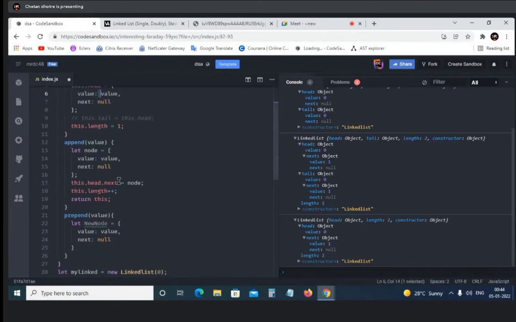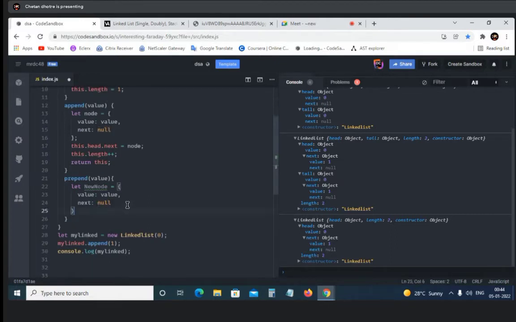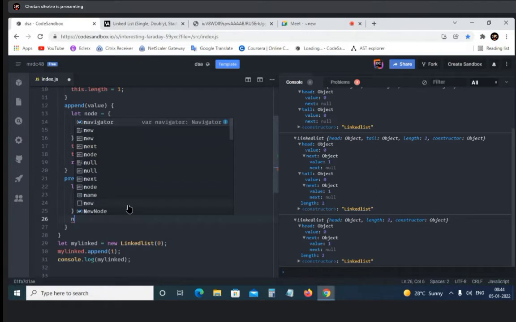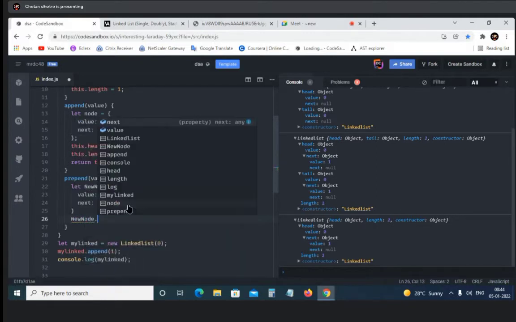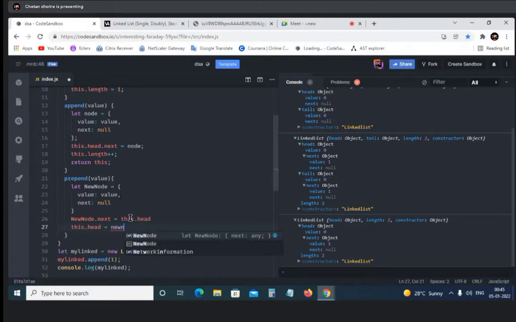So how do we point the new node to the head section? That means before the head. Very easy. Let's do that. So what we can do, we can just say new node dot next equals to this dot head, and this dot head needs to point to new node.